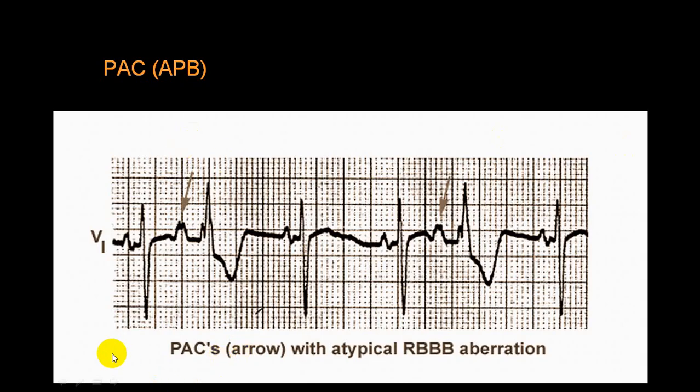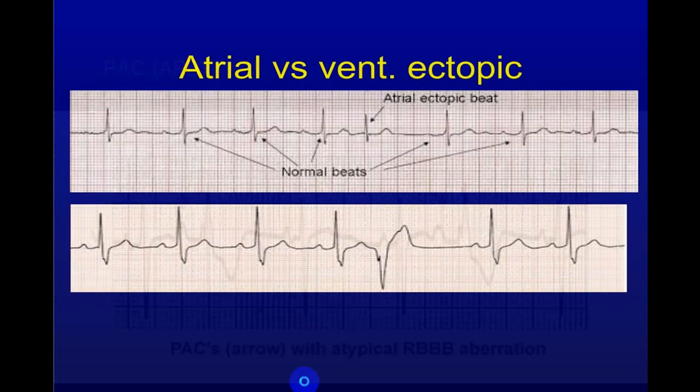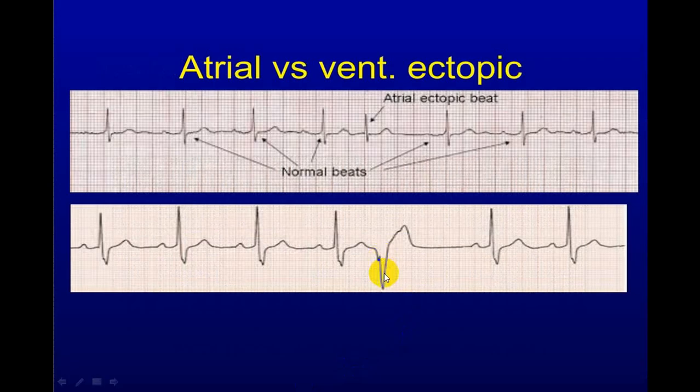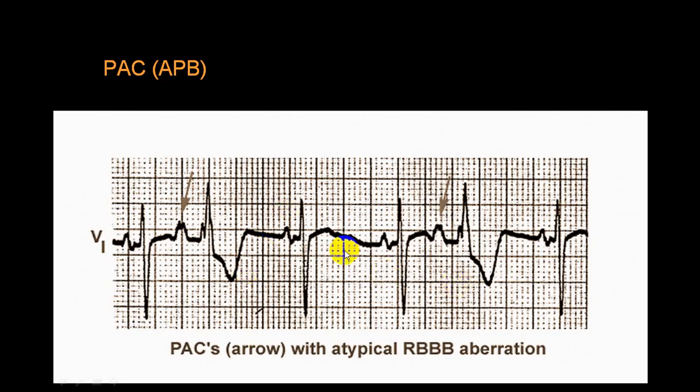Now understand this. Again I am going back to the previous one. See this and see this. Now this looks like a ventricular premature beat. But before this there is a P wave. This is a P wave. This is a P wave. Now as this is a P wave and this is a broad QRS complex with the T wave in the opposite direction, this is a P wave transmitted to the ventricle, but there is an aberrant conduction.